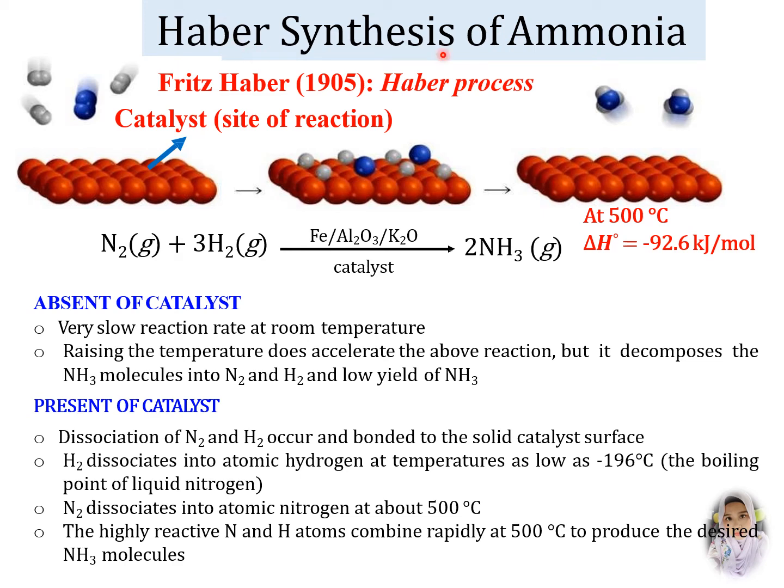Haber synthesis of ammonia is the process of combining hydrogen and nitrogen to form ammonia using an iron catalyst. This is an example of a reversible reaction and heterogeneous catalysis. The Haber process is an artificial nitrogen fixation process and it is the main industrial procedure for the production of ammonia. It is named after its inventors, the German chemists Fritz Haber and Carl Bosch, who developed it in the first decades